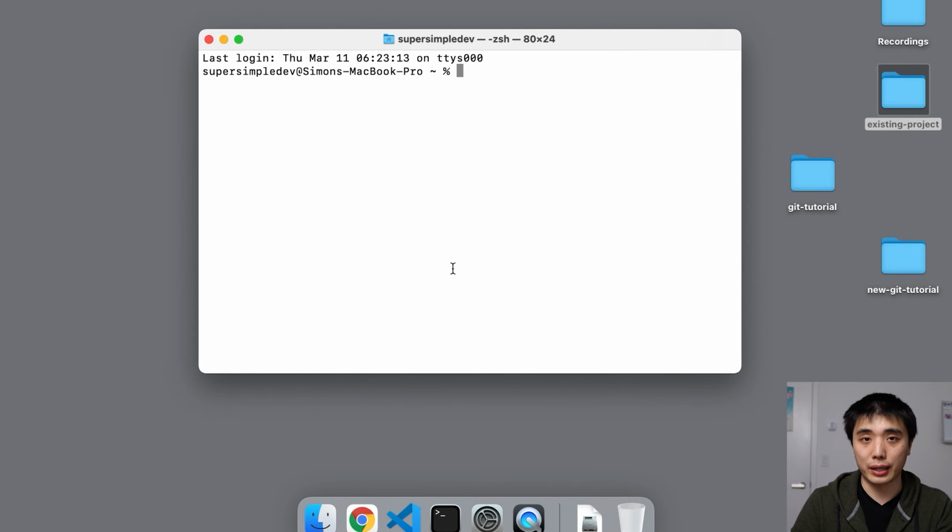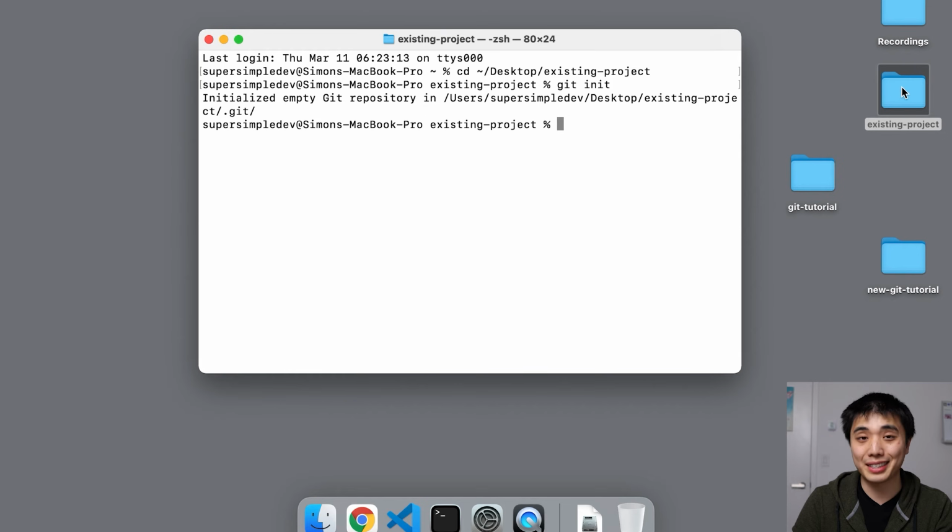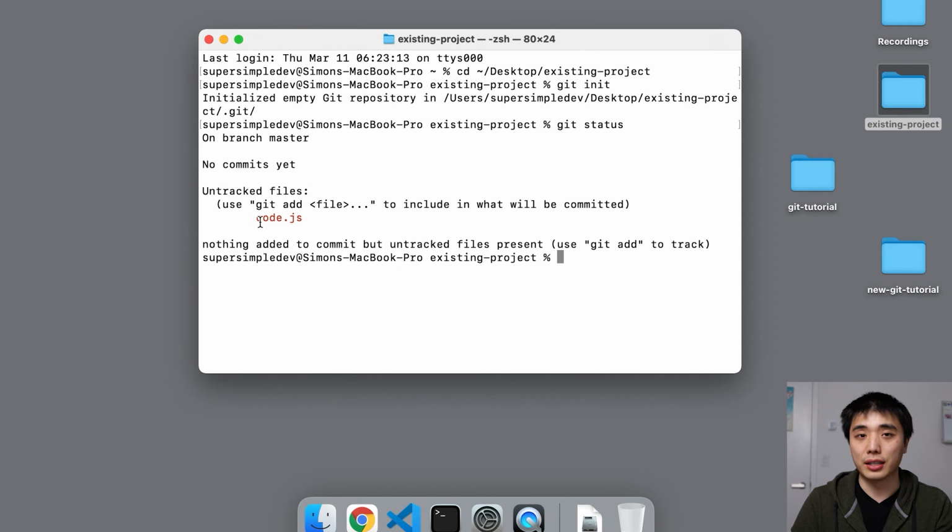So we'll open up our command line. Remember, we have to run inside the folder that contains our code. So let's change directory into that folder. And next, we're going to git init. So this will set up Git, and now Git is tracking our code. We can run git status to make sure that the code is being tracked. And then we'll create a commit like we've been doing so far.